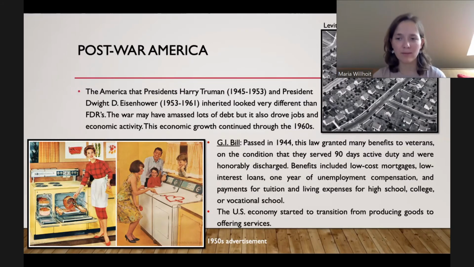You would have time. And then it also, I think this is one of the most major ones, paid for your tuition and living expenses for high school, college, and vocational school. And why this is so important is that higher education in America just grows incredibly and astronomically after the war, because more and more students can join the universities, and a lot of soldiers who were young at the time go to school, they go to college, they go to high school, and they're encouraged to because the government will pay for it.